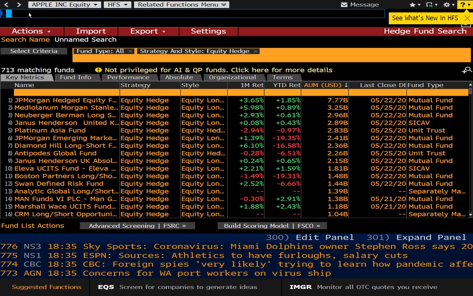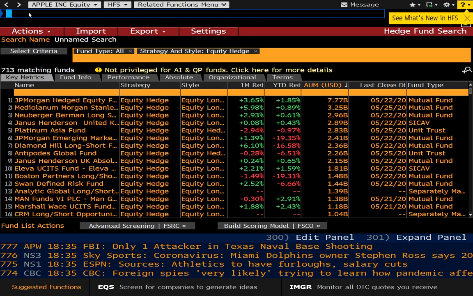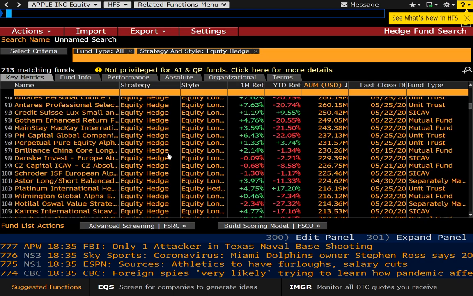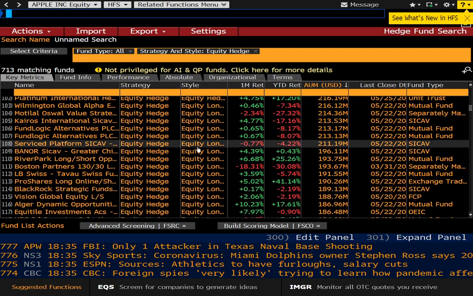So you can see that there's 713 matching funds. I do not have all privileges assigned, so those are not by all means every fund that exists. But we can see various funds and the strategies they employ and also their returns. So if we